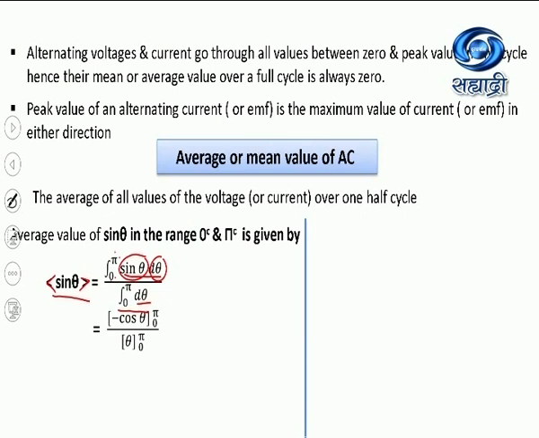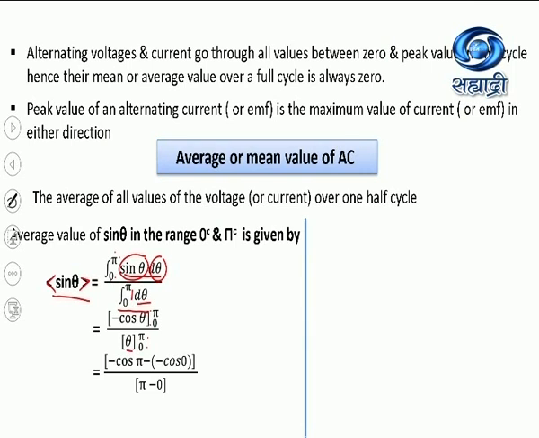Now according to the rules of integration, integration of sin theta is minus cos theta, and limits we write with the lower limit at the bottom, upper limit at the top, limits are from 0 to pi. And integration of 1 with respect to theta is theta, and limits are also from 0 to pi. Now we have to replace the variable. What is the variable here? Theta, by the upper and lower limit.